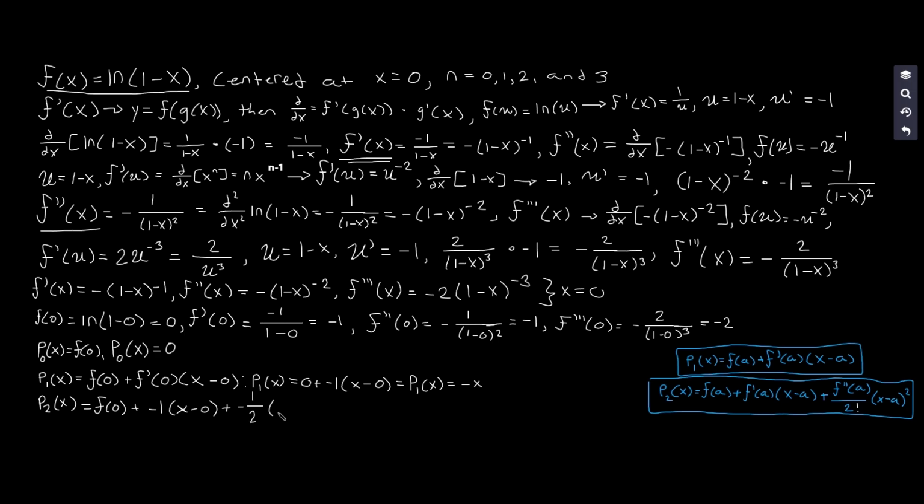Negative 1 half, and then finally we're going to do this x minus a raised to the second. Well, instead of x minus a, we're going to have x minus 0. It's still going to be raised to the second per the formula or the theorem. And if we simplify this, P sub 2 of x, that's going to equal, well, f of 0